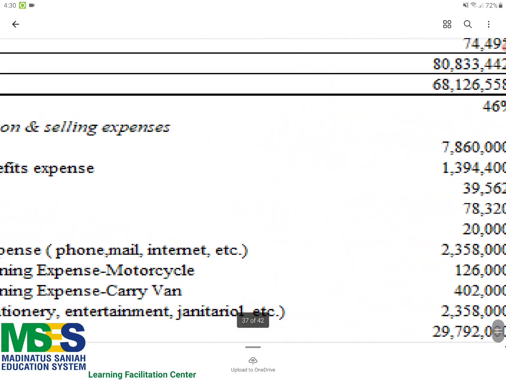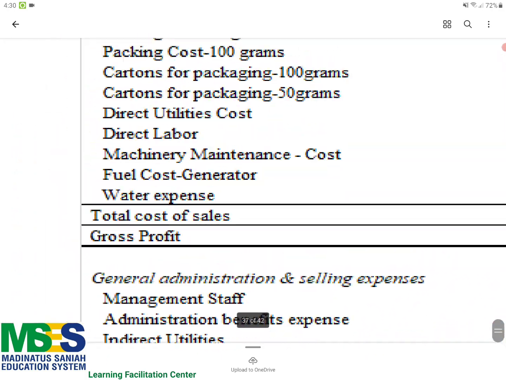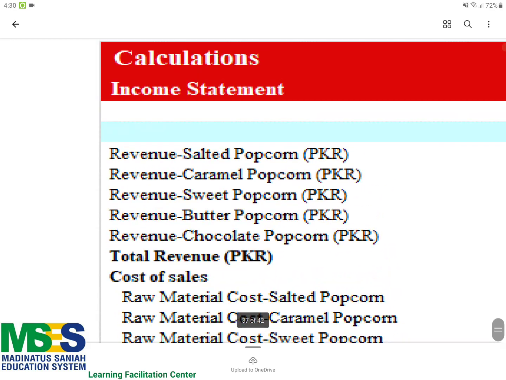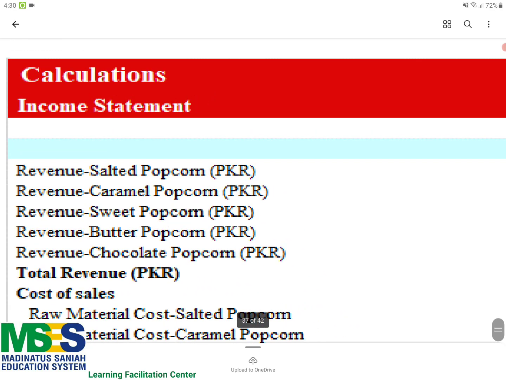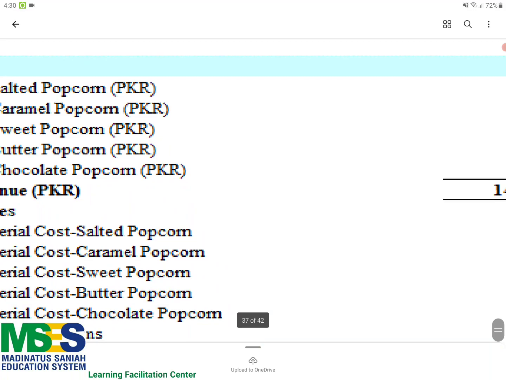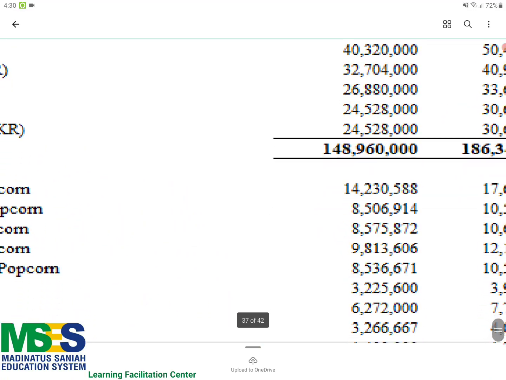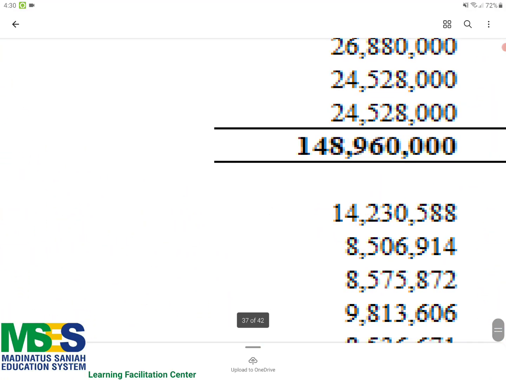Revenue in PKR: 148.9 million is the sales amount. See the total. 148.9 million is the revenue. The sales is the price that you got after selling all those popcorns. 148.9 million. And after deducting all the expenses, you received